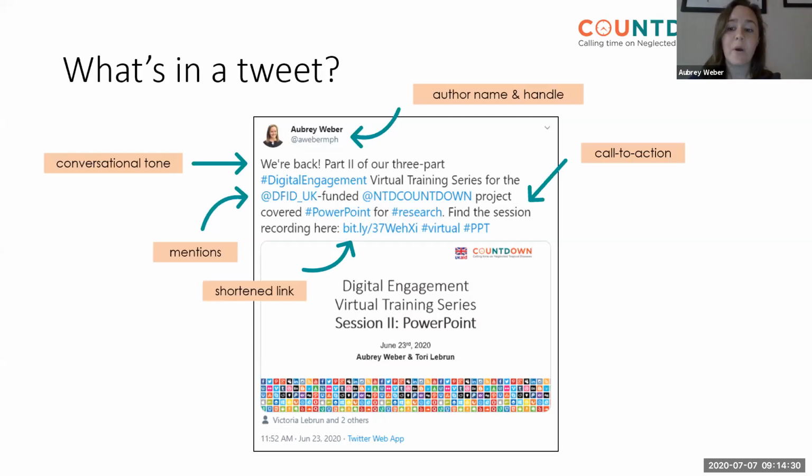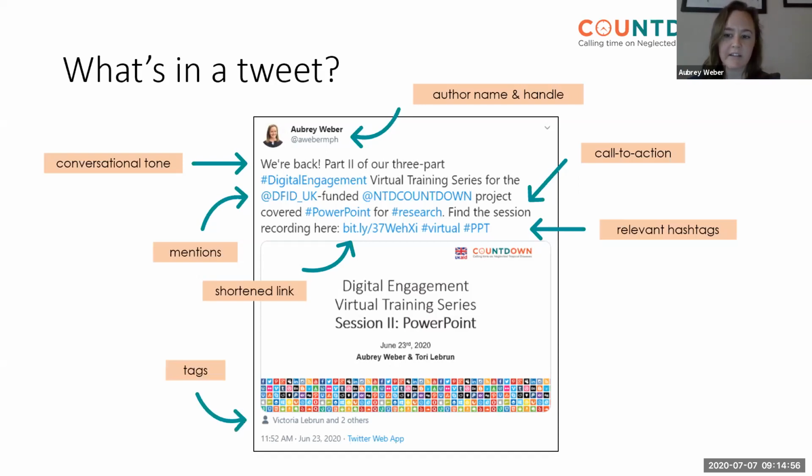There are a number of free websites that offer shortened links to help you save space in your tweets. I've included the most popular sites for shortening links in our resources slide at the end of this presentation. Next, we have relevant hashtags. Recall that these are essentially search terms. So you want to make sure that the words you put a hashtag in front of are important to the subject.